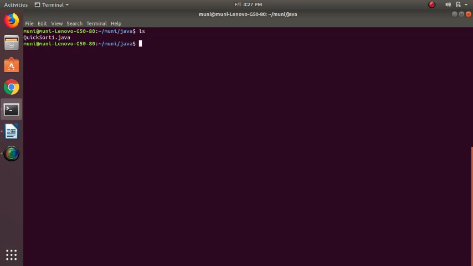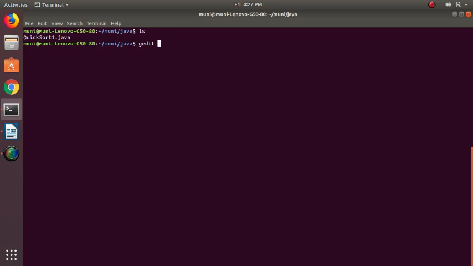quicksart1.java. Let us open this. You need to use the same name as quicksart1.java because we have made the class public. In previous cases, up to the third program, we didn't use the public class concept. That's why if you give any name for the program, it was accepting. But for this program, you should compulsorily save your program in the name quicksart1.java or any name that you give for the class name.